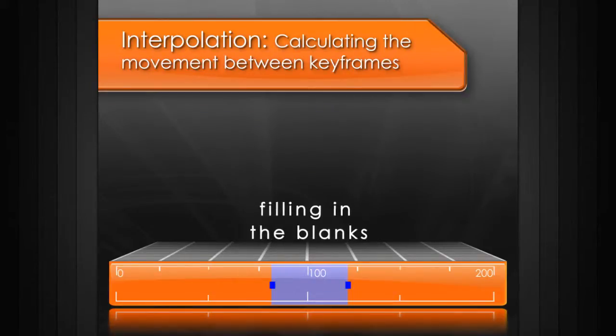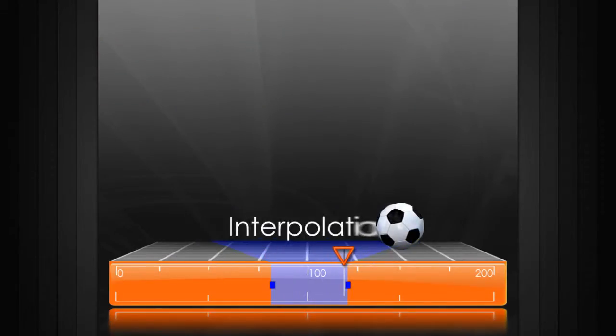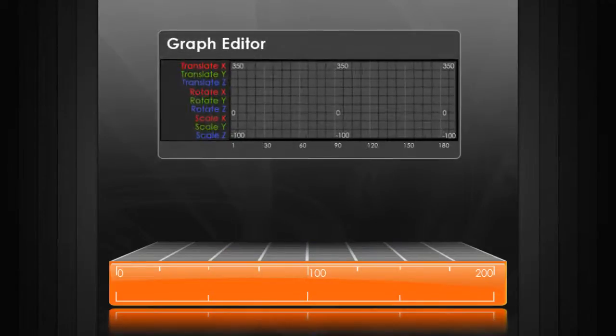We can see the result of interpolation when we play an animation because the computer does it automatically. Interpolation isn't visible in the time slider or the dope sheet, but you can see it in the graph editor. Here we have an animation of an object dropping and hitting the ground. Now there are quite a few keyframes as you can see in the time slider, but let's examine this animation